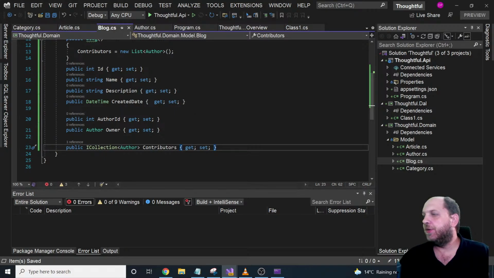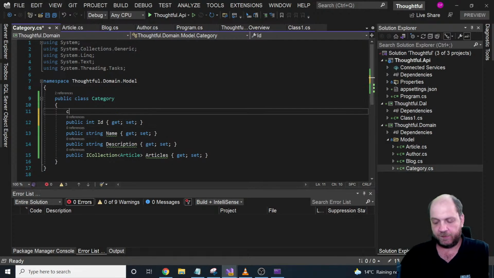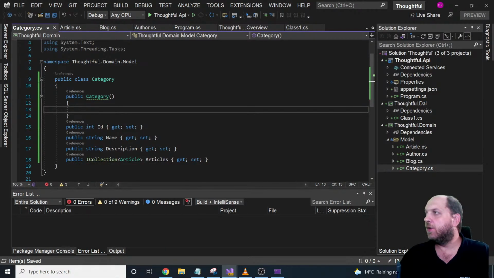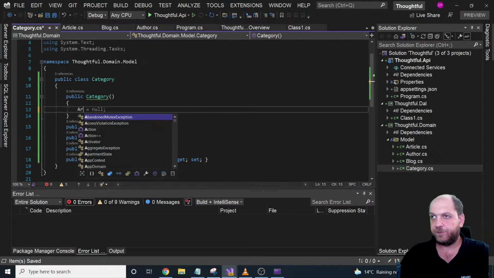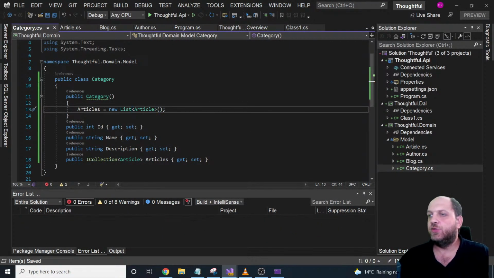There's only one other thing that we would have to do here, is then just to create a DB context. But for that, we'll go in the data access layer, and then we'll go over to the API itself. So here we have these articles. New list of article. And that should do it. Good. Okay. So let's now go here in the data access layer,